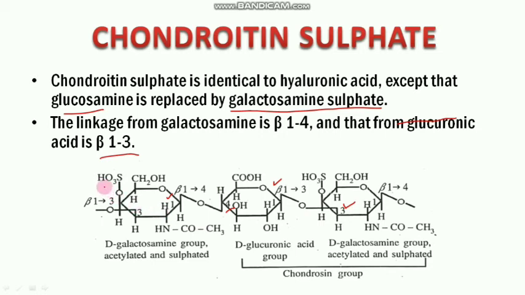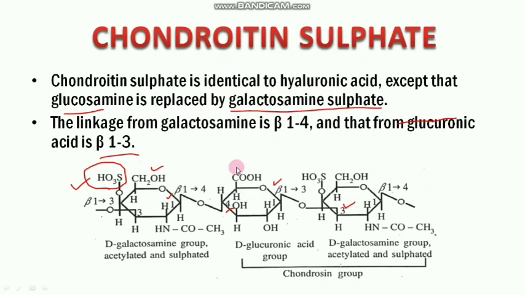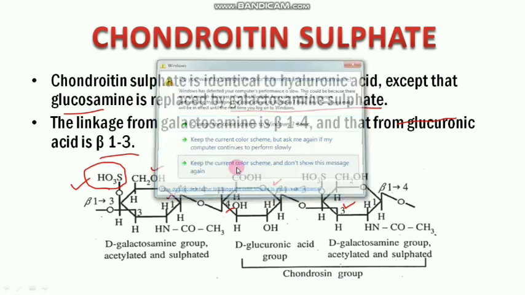So we have to keep in mind that chondroitin sulfates vary from each other with regard to which carbon of N-acetyl galactosamine contains the sulfate group. So it can be the fourth carbon, just like in the figure that is given. It's a kind of chondroitin sulfate A. This is chondroitin 4 sulfate. It can be chondroitin 6 sulfate, etc. So that also you have to keep in mind. The structure given is an example for chondroitin sulfate only, not the entire chondroitin sulfate.